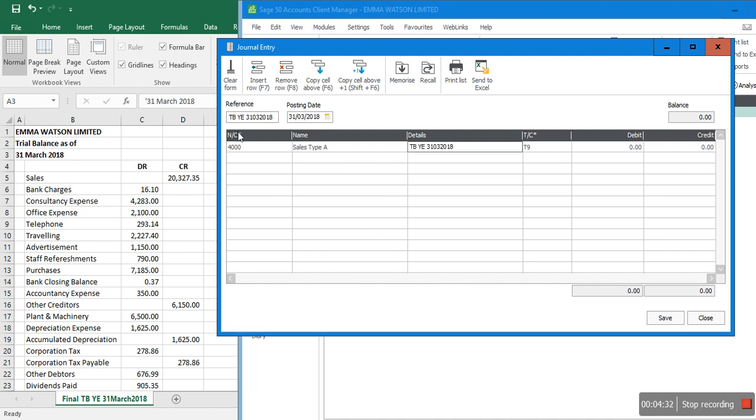All the fields with these star signs are mandatory, but the rest of the fields are not mandatory. Even if you don't put anything in the details section, it's not going to make any difference. Okay, so credit is going to be